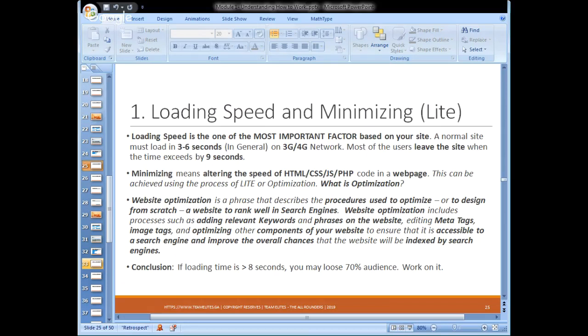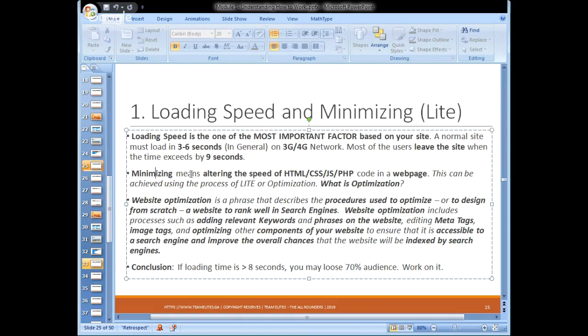Okay, you both have good opinions. Yes, it is good and worth waiting for. Okay, because everyone does not have much time for this. That's a good point. But that is the proportion of 3 to 7. If the loading time is more than 8 seconds, you may lose 70% of the audience. If the audience knows that your article is good and worth waiting for, they will wait. So 30% of the audience wait and 70% of the audience is lost.